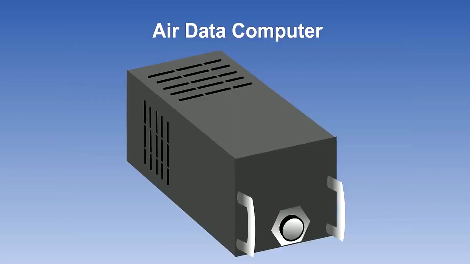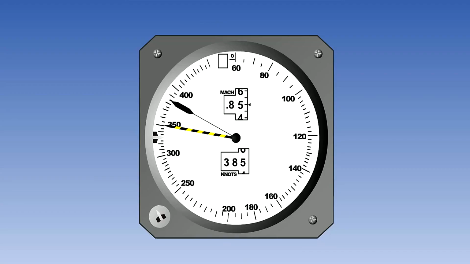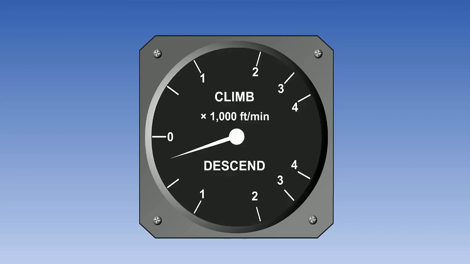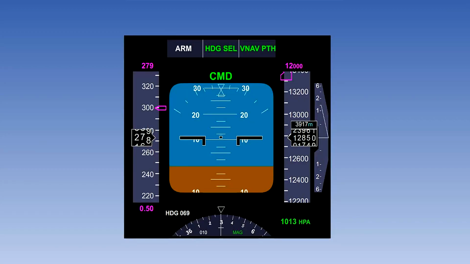The air data computer is used as a central source for many instruments and other systems. Older aircraft may have analog displays even if the data is digital. They will include the airspeed and Mach number indicators, altimeters and VSIs. More modern aircraft will have an electronic flight instrument display, or EFIS. Here you can see the electronic airspeed, altitude and VSI readings.